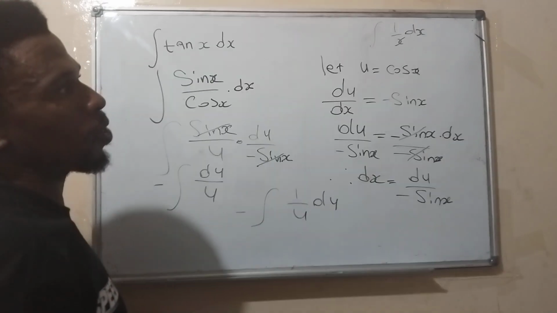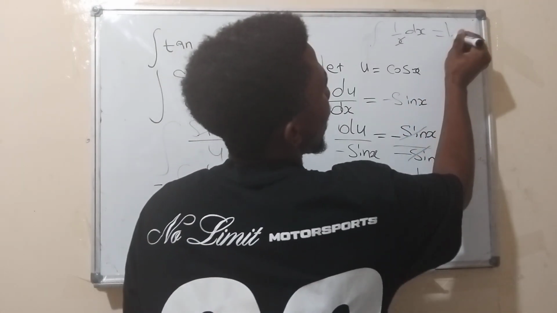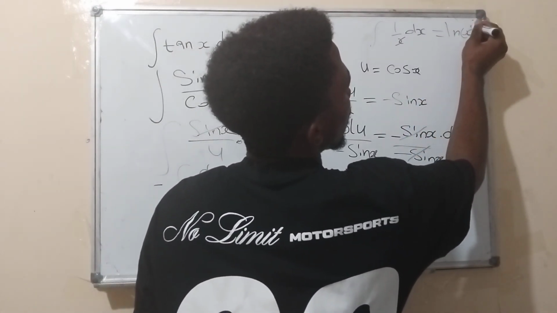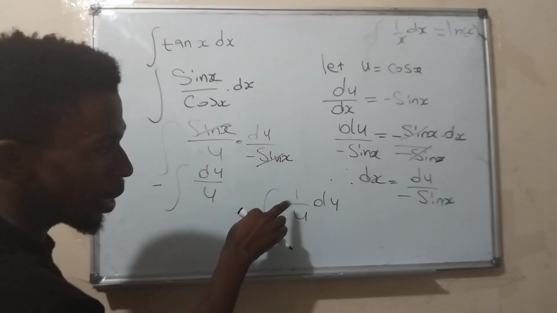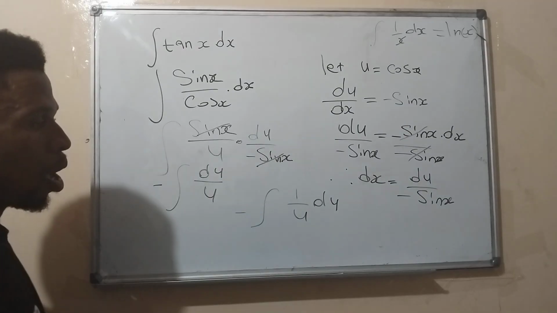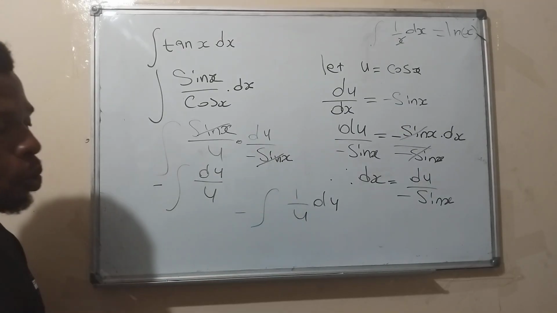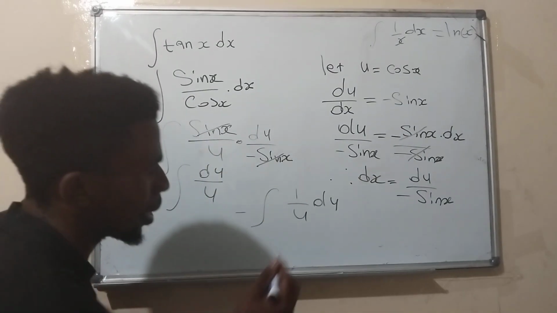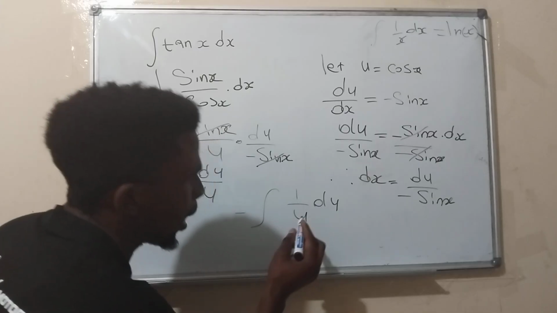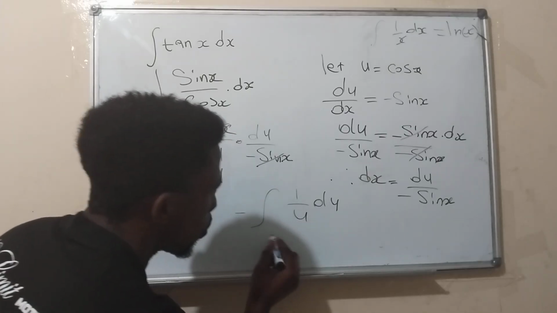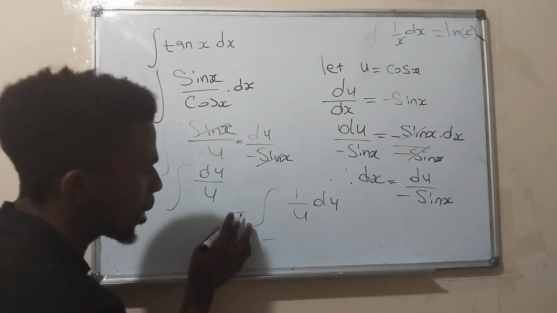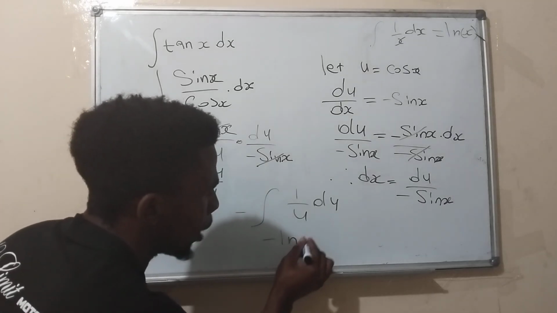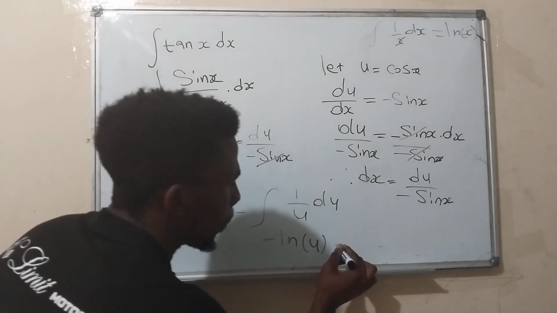The integral of this is equal to ln x, right? Yes, which means the integral of 1 over u is equal to ln of u. Don't forget this negative sign, so it is equal to negative ln of u plus c,